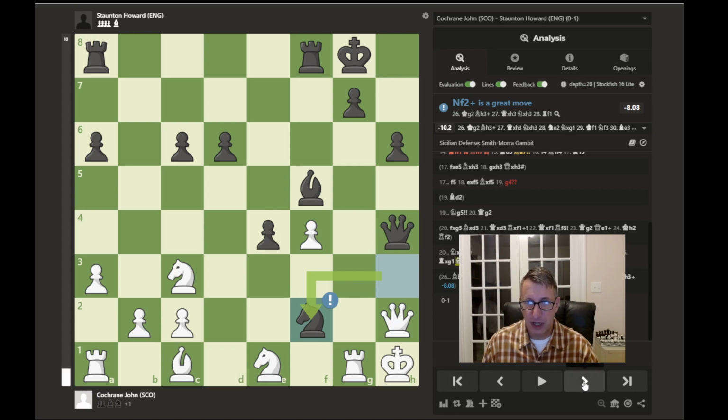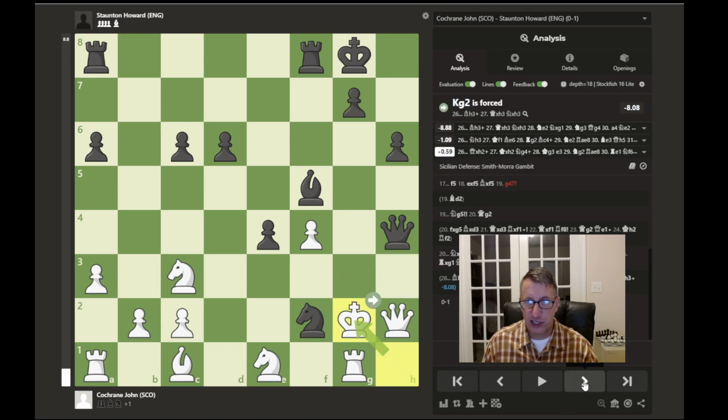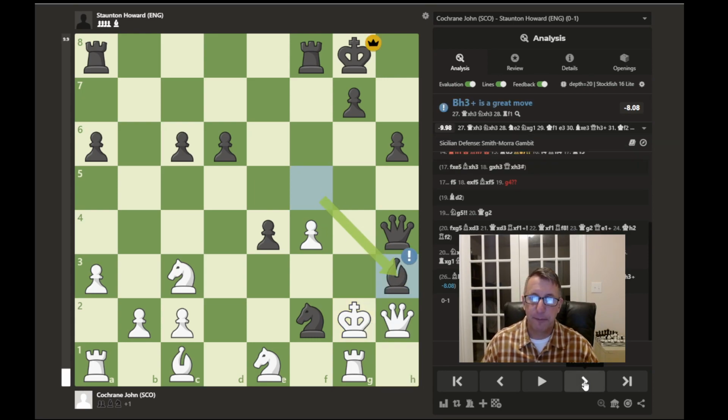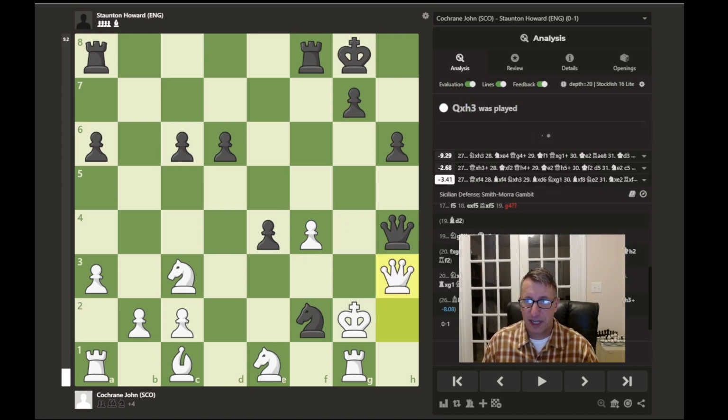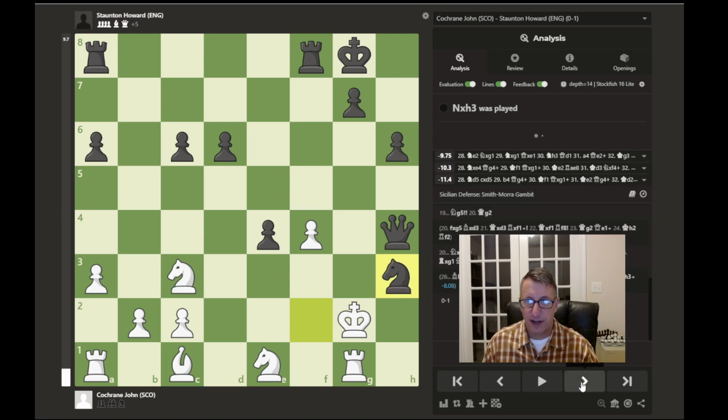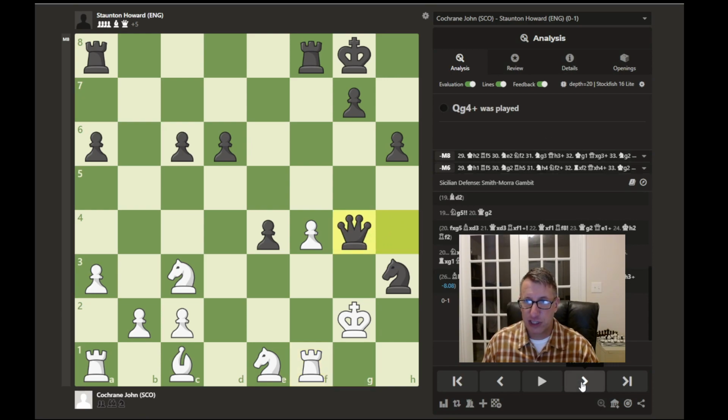And so the king must move up to g2 here. But now we have bishop to h3 check. And here Cochrane resigned the game. Further play may have commenced with possibly queen captures, but then we would have knight captures,